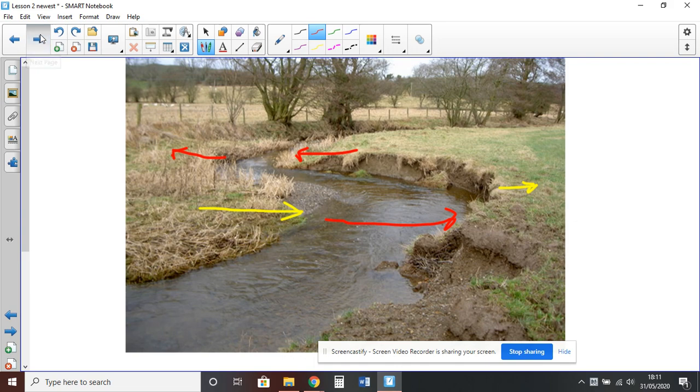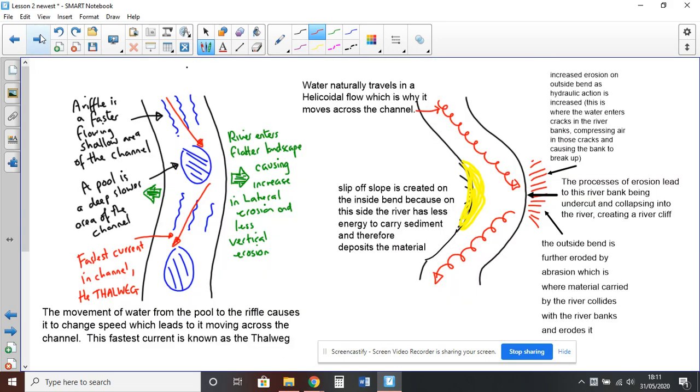Now, what I've done for you this week is I've given you your pre-drawn diagrams, and there are only two. So what you're going to want to do is get yourself a piece of paper, draw this first diagram here. You'll see everything I've just said in the tutorial so far is already labeled up for you. So here we have our straighter channel with all of the key features that were going on when our river was very straight. Here we have another, but the river's got a much larger bend to it now, and hydraulic action and abrasion and undercutting of the river cliff, material getting deposited as a slip-off slope, and I've even mentioned this idea of helicoidal flow. So what you probably want to do right now is pause the video